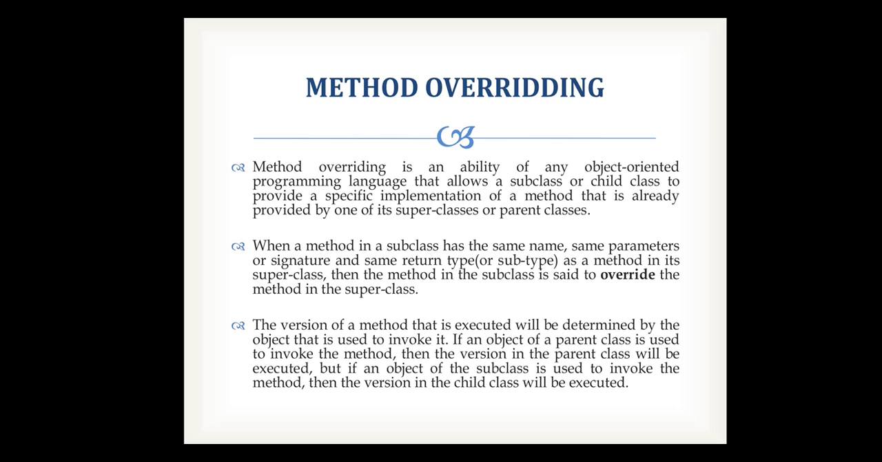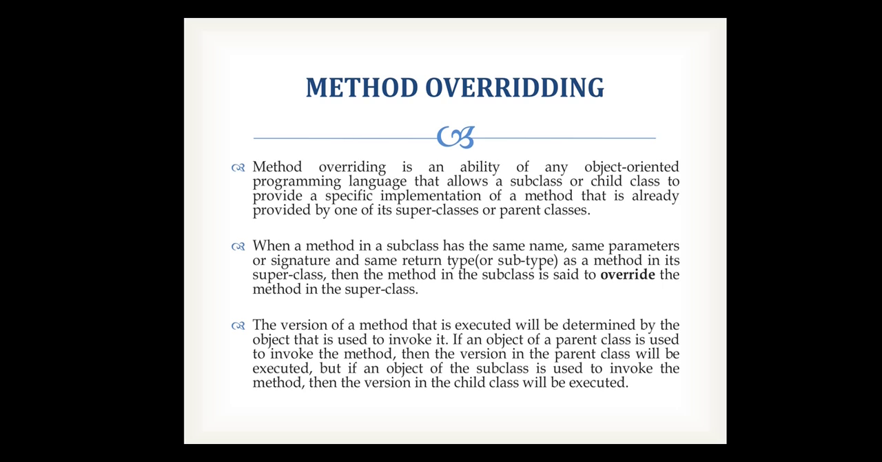Method overriding is an ability of any object-oriented programming language that allows a subclass or child class to provide a specific implementation of a method that is already provided by one of its superclasses or parent classes. When a method in a subclass has the same name, same parameters or signature, and the same return type or subtype as a method in its superclass, then the method in the subclass is said to override the method in the superclass. The version of the method that is executed will be determined by the object that is